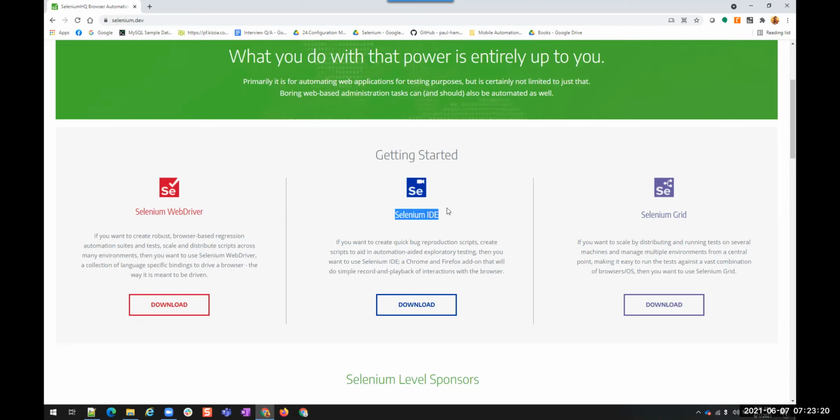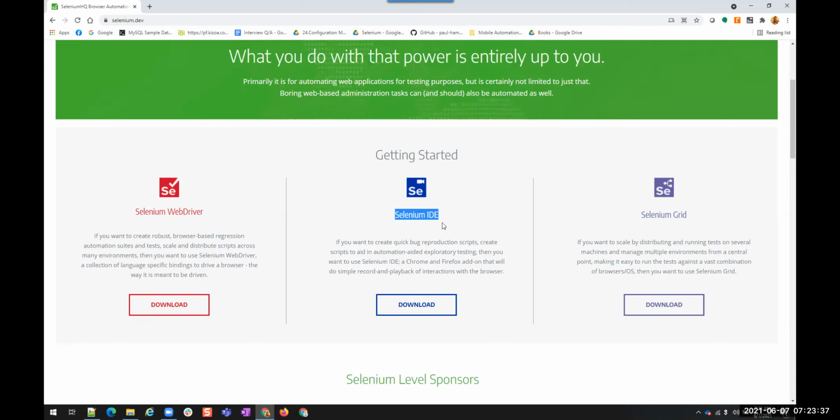For many days Selenium IDE was not used, and it was left unattended or unmaintained. Slowly we thought that Selenium IDE was going to retire.